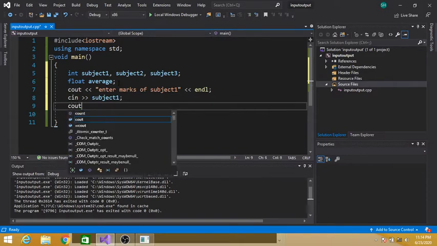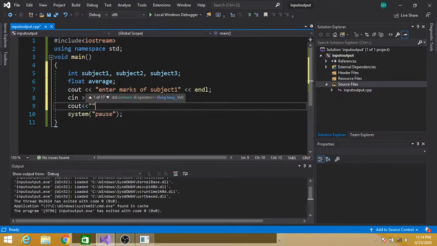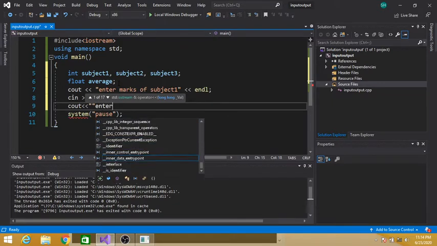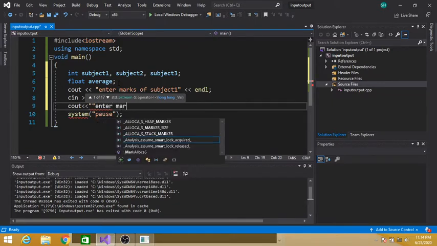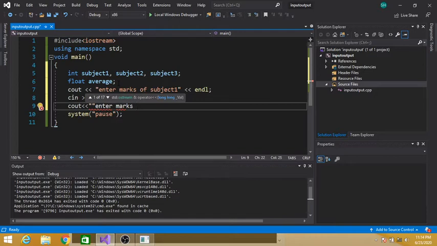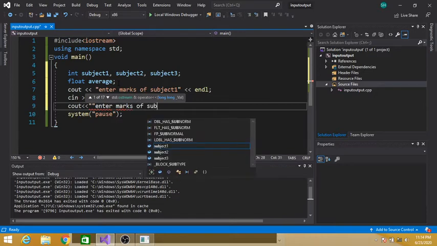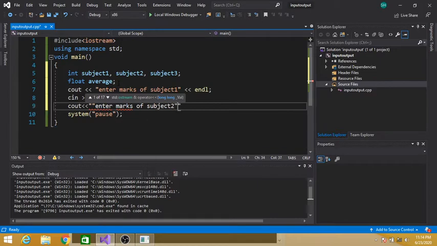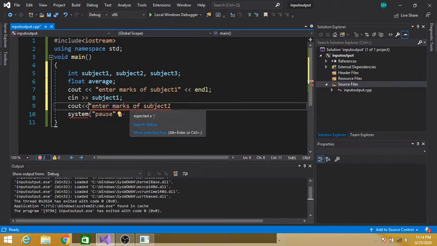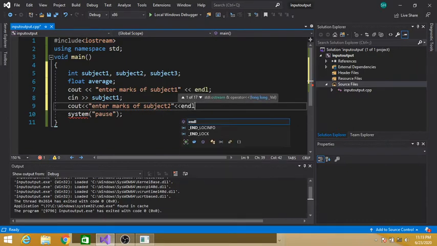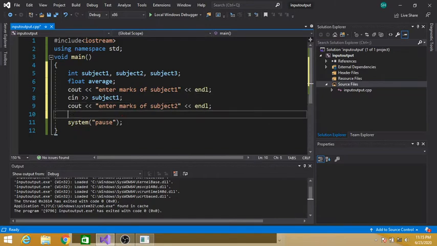Similarly, cout, enter marks of subject 2, endl. Then cin subject 2.